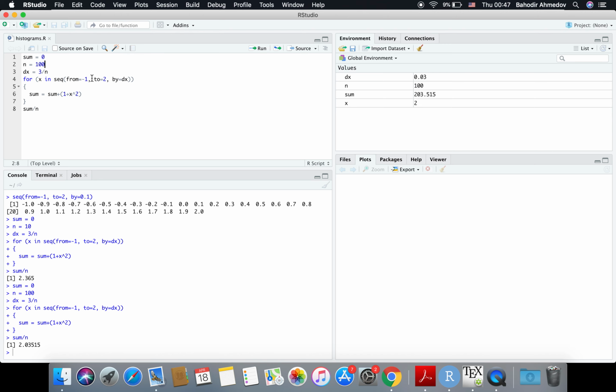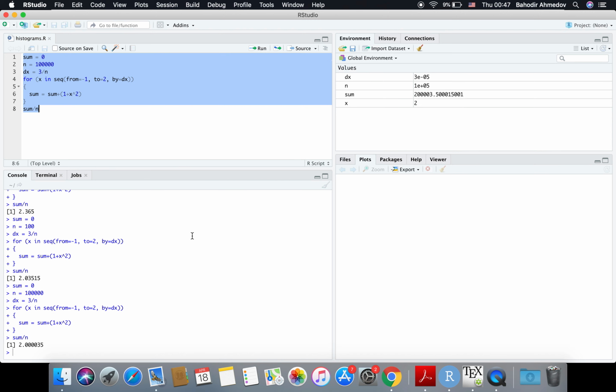Now if I take n to be a huge number, it's going to be really close to 2. So our idea is to divide the interval into really infinitely many subintervals and calculate the values of the function there and take